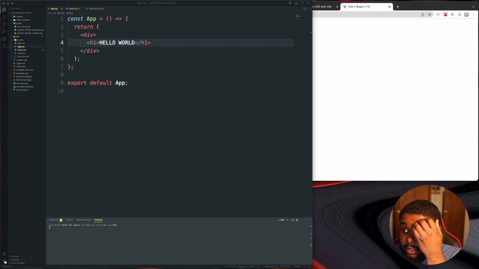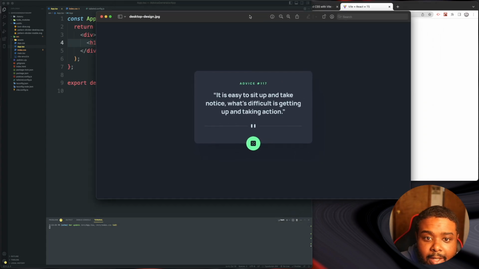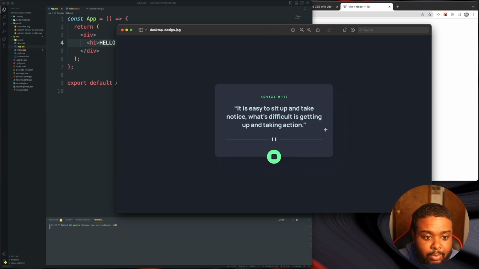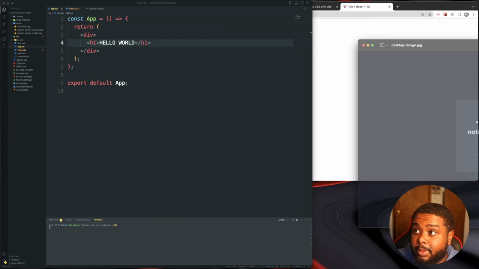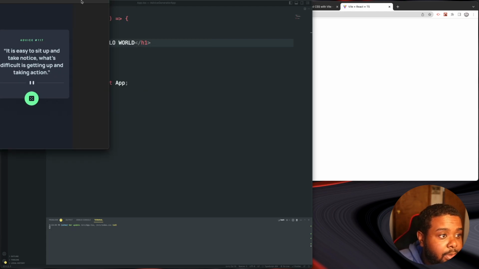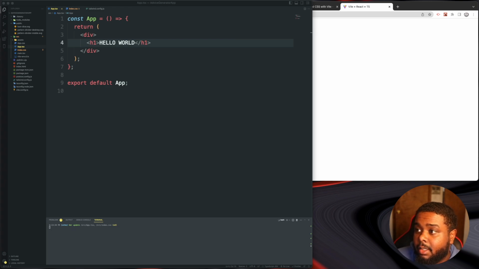We got a design. So let me go ahead and open up these design images. We got a desktop. So this is our desktop design. I'm gonna have all these on my other monitor, so this monitor won't fill up, but I'll just drag it over and point out what section I'm working on. I'm gonna have that open on this monitor, and then I'm gonna open up the mobile design as well. So this is the mobile. I'm gonna drag that over here as well. And now let's open